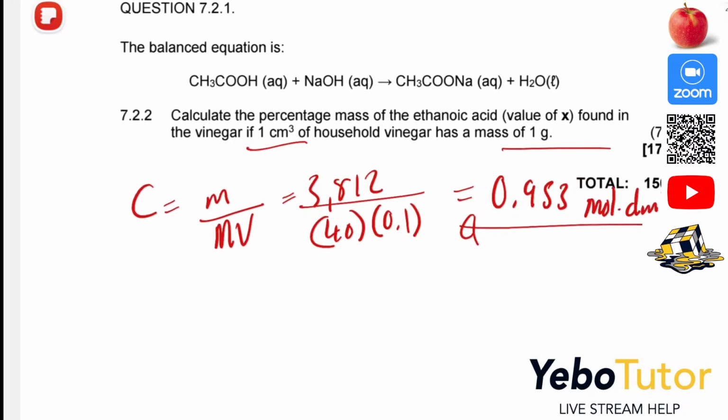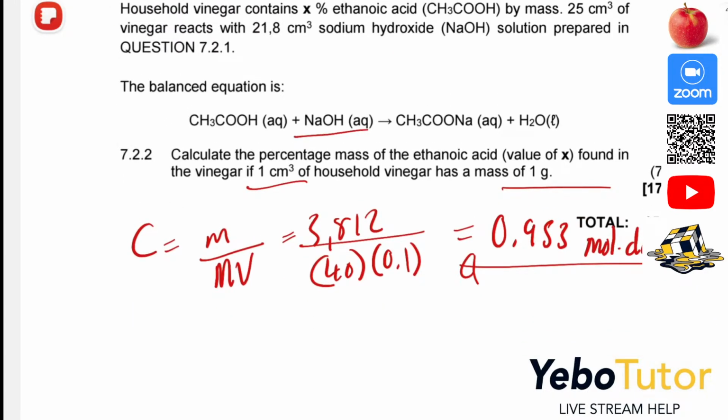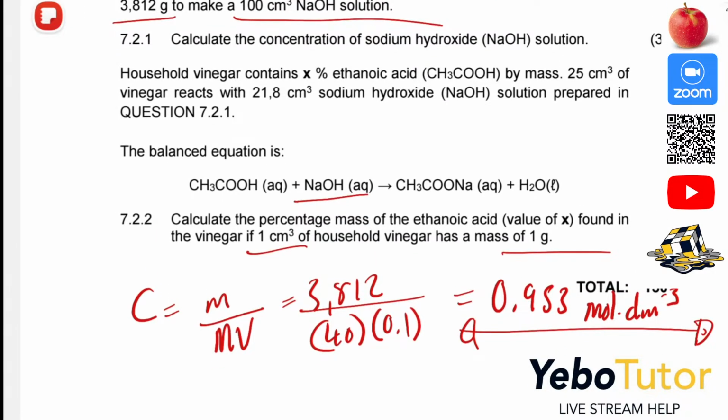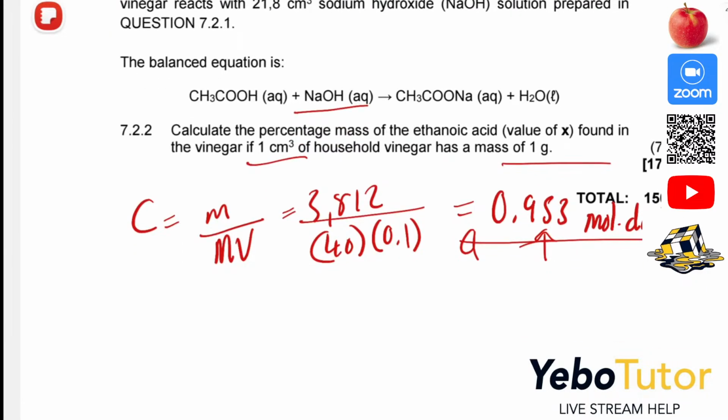Okay, so let's check first for this NaOH. That will be fast, because at least we can calculate that quickly and get our answer now that we already know the concentration of that. We know that C is always equal to n over V, which means that n is equal to CV. So the n of NaOH would be equal to 0.953 multiplied by the volume, which we know is